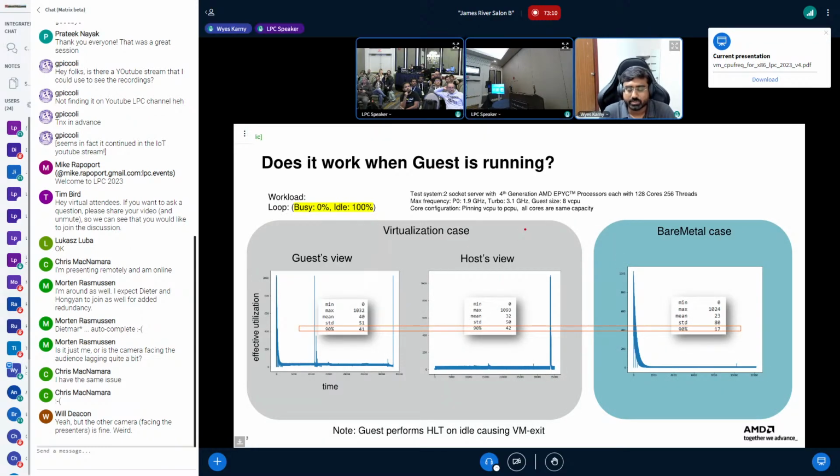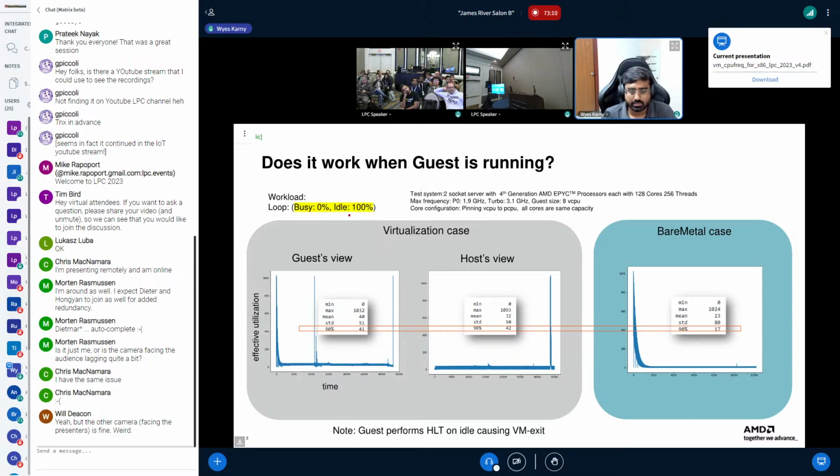So we did one experiment where I took a workload and ran it in a virtualization case and in a bare metal case. In the virtualization case, I measured the utilization in the guest and host simultaneously, and in the bare metal case I measured separately. The workload I ran is a simple loop which has two phases, one busy and one idle.